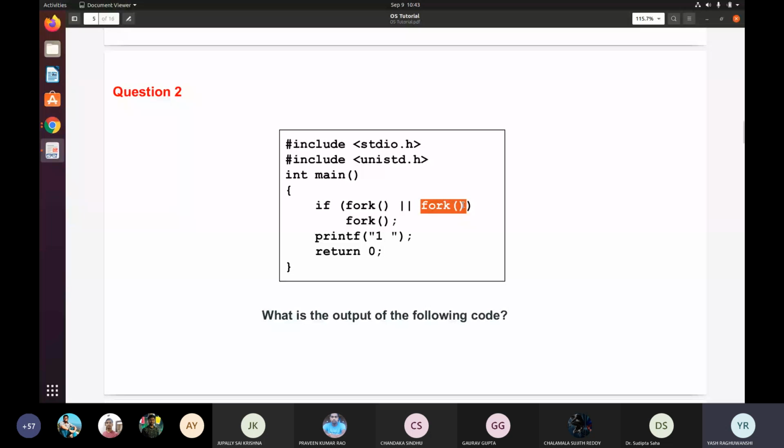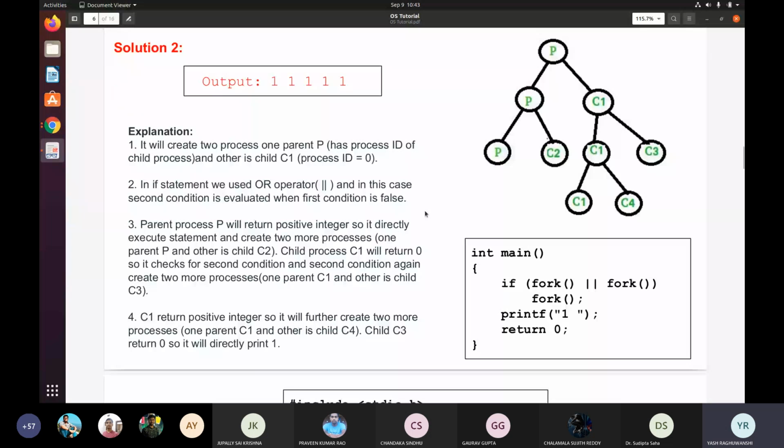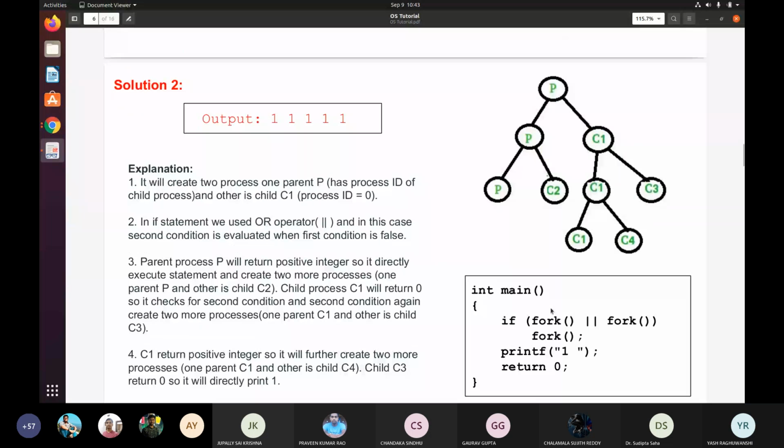So what you can see here is this fork. Suppose this fork will generate two processes, first child and parent. The PID value of the child will be 0 here. Sorry, for the parent process it will be greater than 0. So it's a true value here, so it won't go and check this fork. It will directly come to here. So what you can see here is the parent generates two processes, the parent and child C1. It won't go for this fork. It will directly get inside this block and generate two processes by forking.